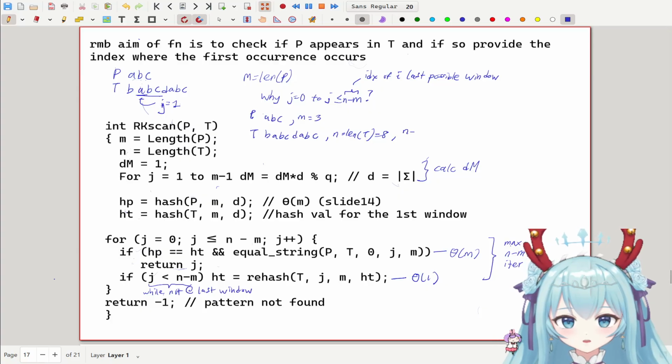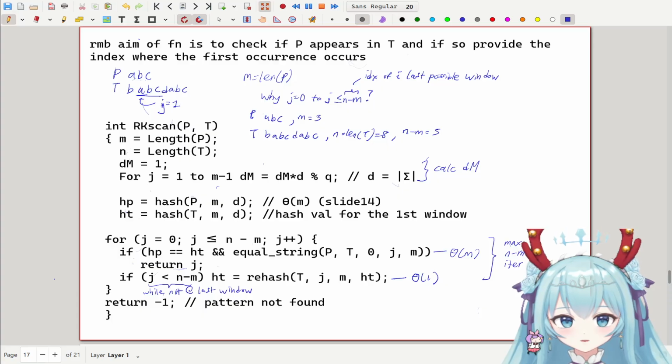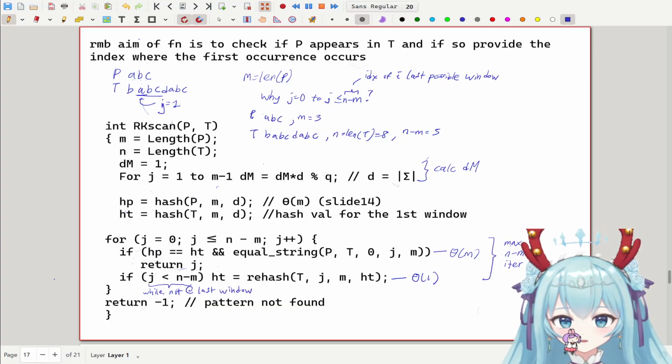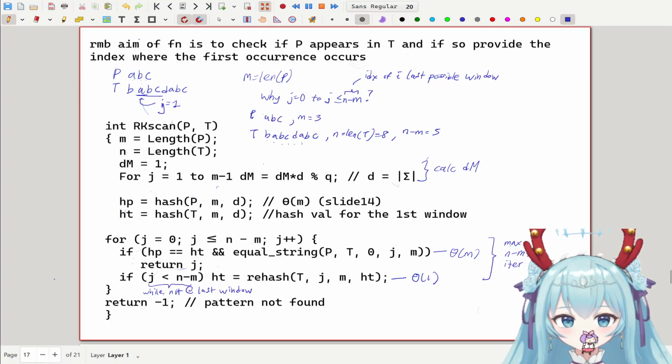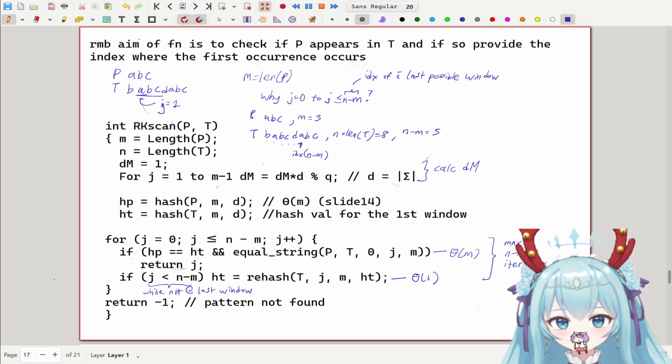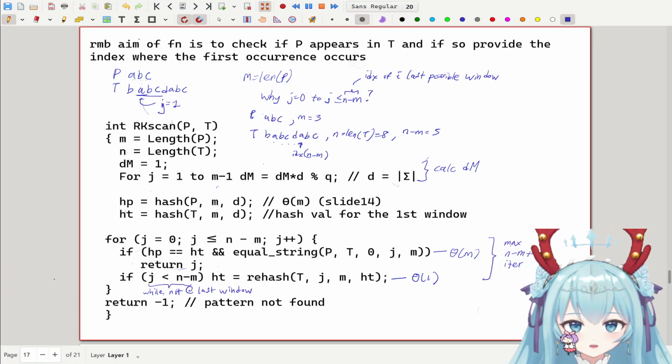So n minus m is 8 minus 3, which equals 5. So index 5. So 0, 1, 2, 3, 4, 5. So this is index n minus m, which is the position of the last possible window,